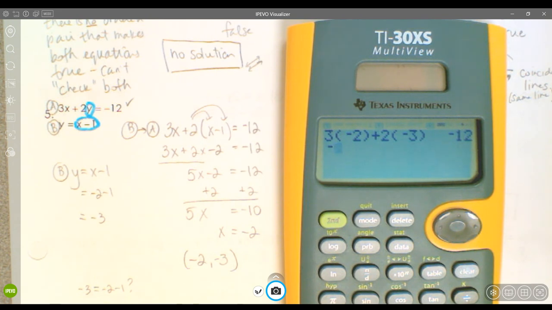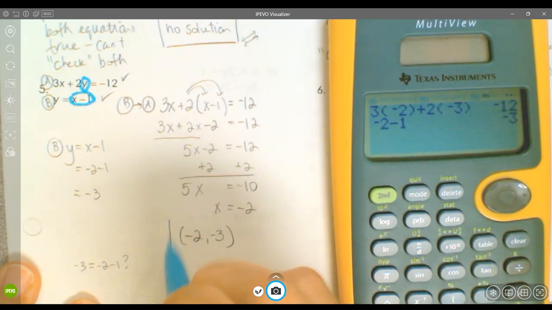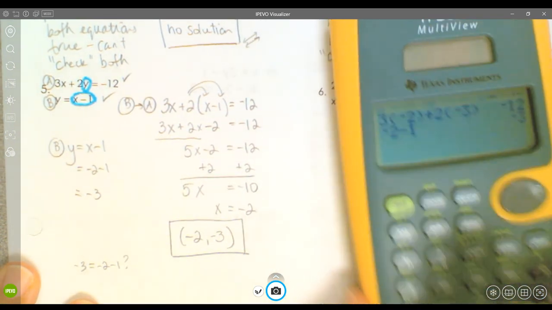Well, I know it does because I'm good at mental math, but just for those doubters, negative 2 minus 1, does it equal negative 3? Ding, ding, ding. Yes, it does. So guess what? That means this is my right answer. And I always,